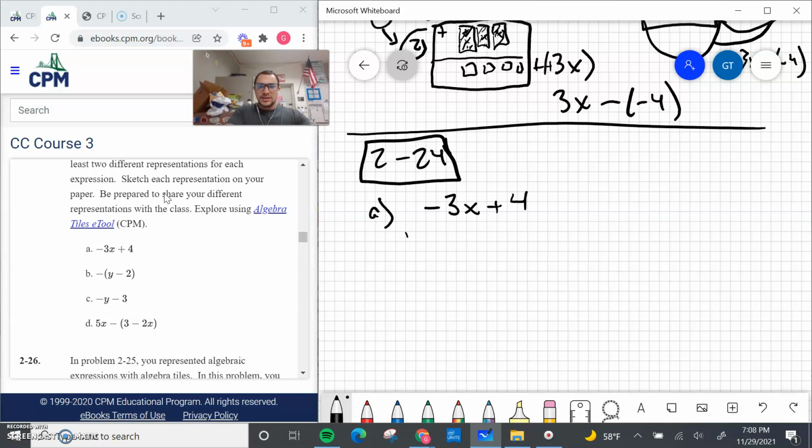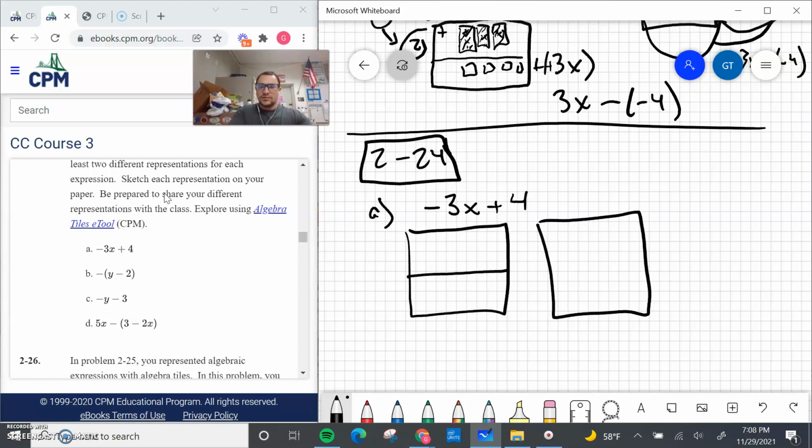What we're going to do is I'm going to have my mat, another mat, and I'm going to make 2 different ways. So the first way is, well, I kind of already did this a little bit. I'm going to go ahead and